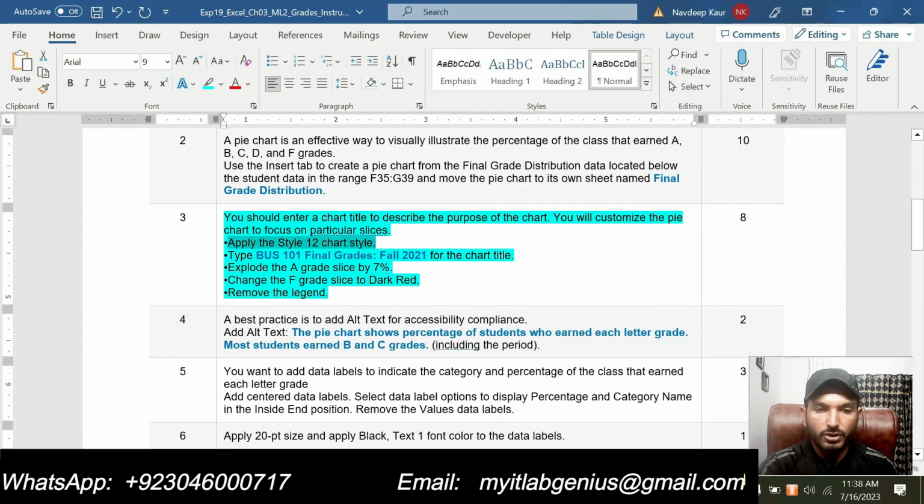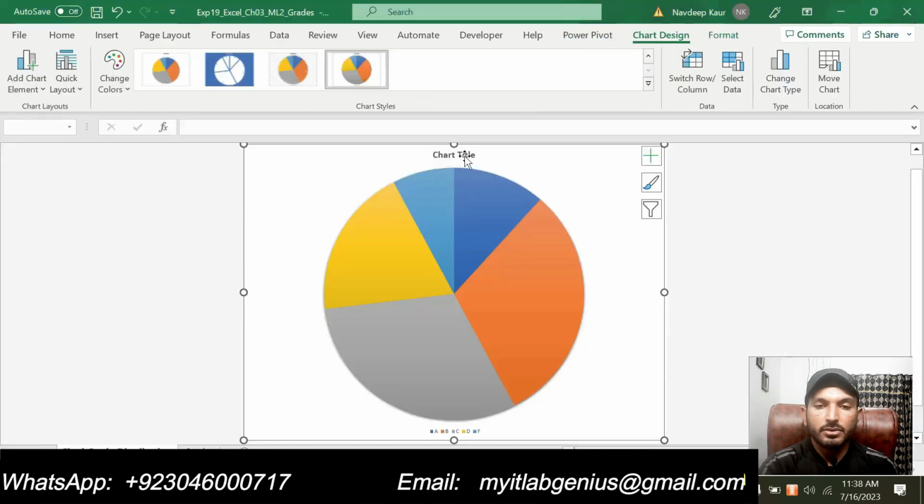Then we are supposed to type the title of the chart, and the title of the chart is bus 101 final grade. So remove this one.